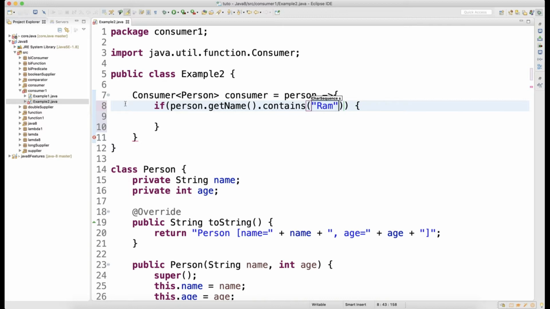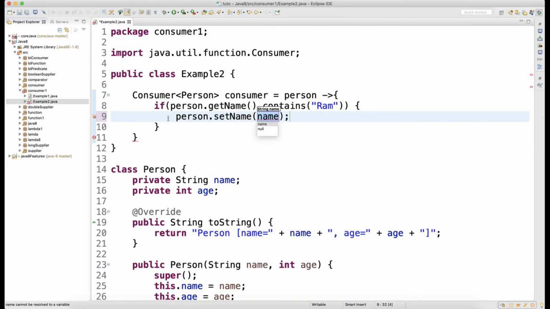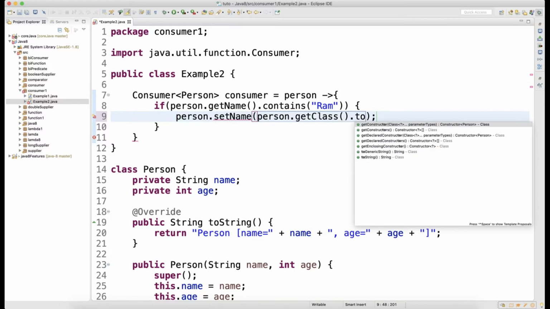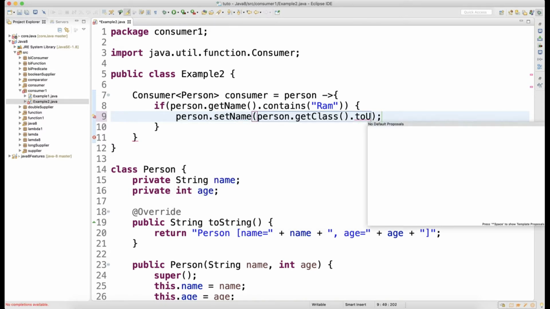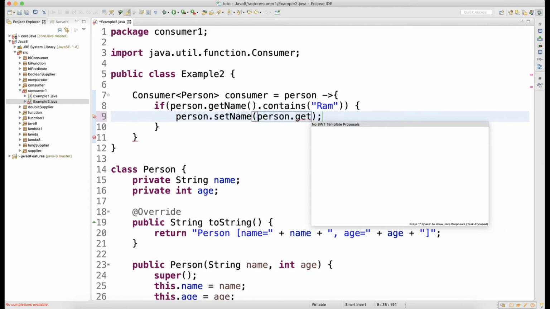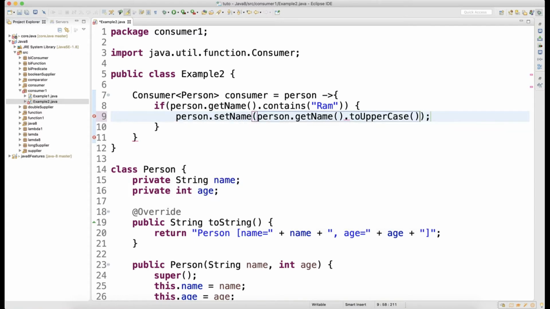then you do person.setName, you change the name. So person.setName, and what you do is person.getName(), whatever name you have, .toUpperCase().